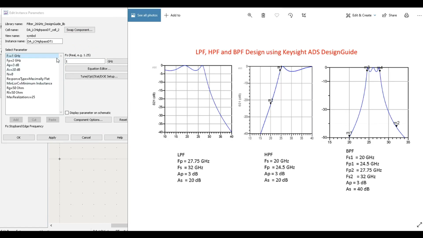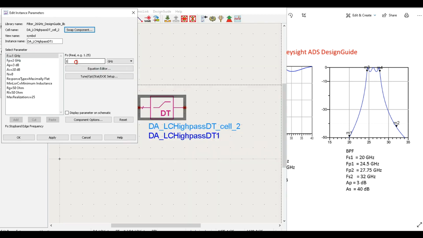These values here. So we have fs of 20 gigahertz, fp 24.5. Then we're using 3 and 20 dB again. So if we run, say okay now,